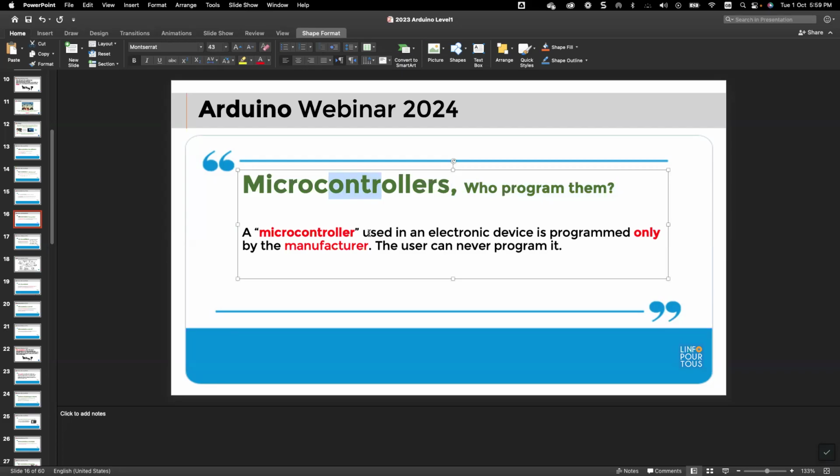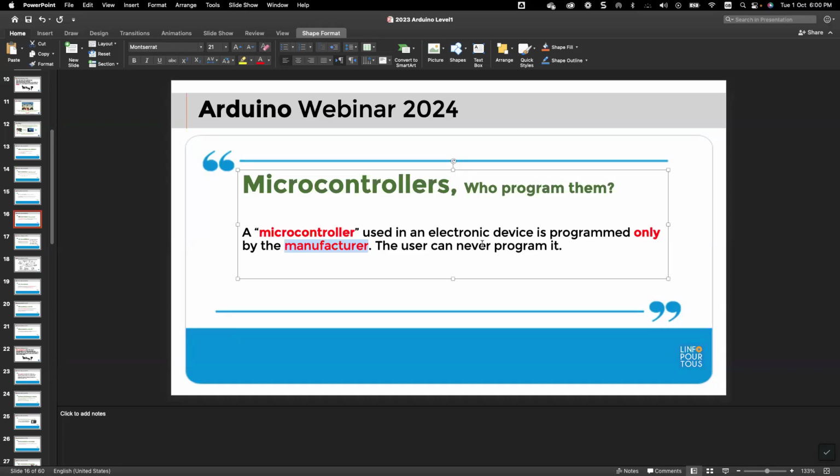A microcontroller used in an electronic device is programmed only by the manufacturer. The user can never program it. So when we buy a new washing machine or a fridge or any electronic device, as users, we cannot change its functioning.